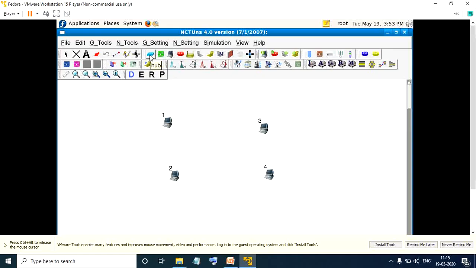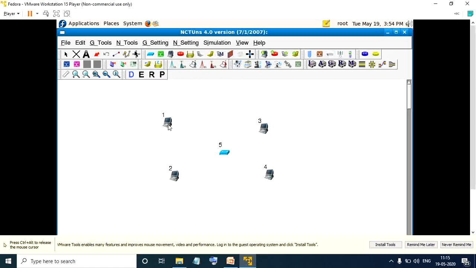You can see here, once I place the cursor, it will tell what that particular device is. This is my hub, this is my switch, this is the host, this is the router and so on. So here I will be using a simple hub. I will select this hub and place it. So I have placed your 4 workstations along with the hub. Now the next thing is, as per your experiment, you need to connect them with the help of a point-to-point link. So this is your point-to-point link.